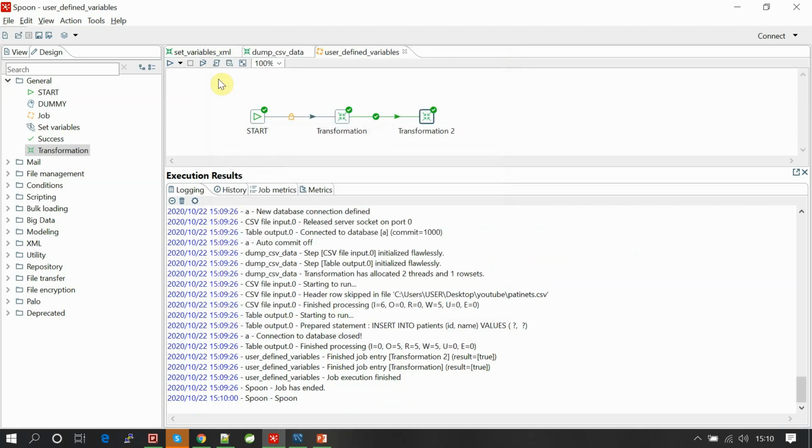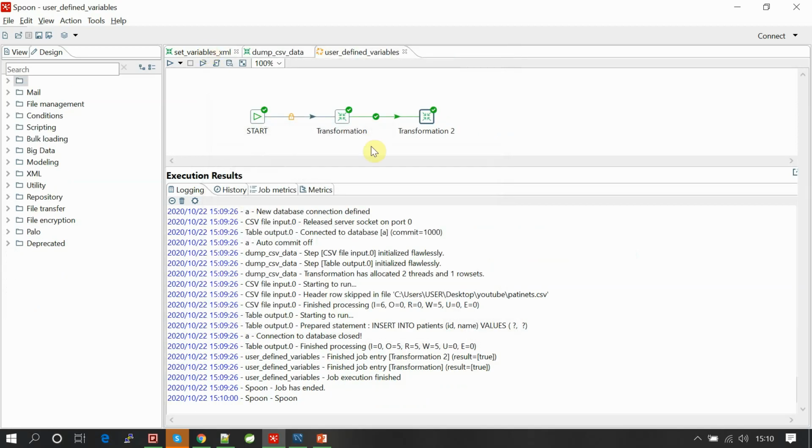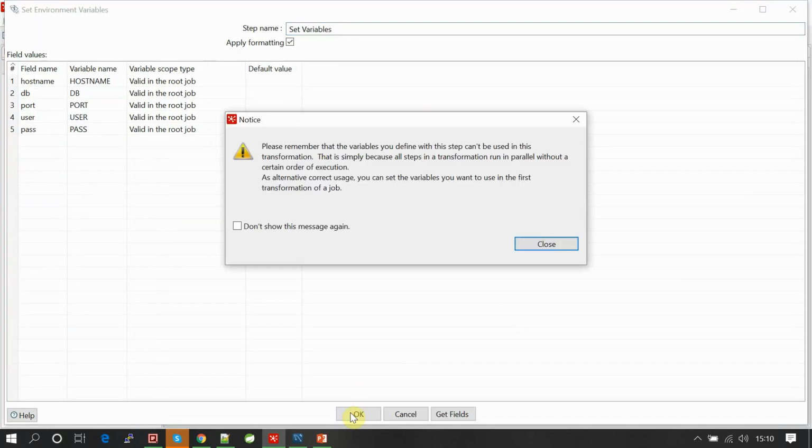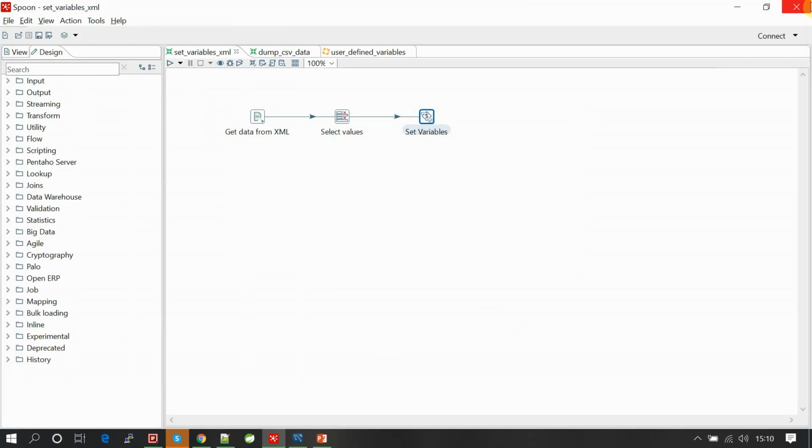One more note here: while you are setting variables, you get a warning. Please remember that the variables you define with this step can't be used in the same transformation. What it's saying is, when you set variables in a transformation, you cannot use these variables in the same transformation.